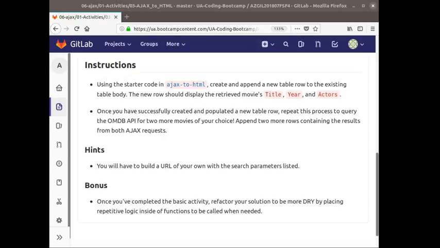Great, you got your three variables. Now, you can create your table row. A table row's HTML tag looks like